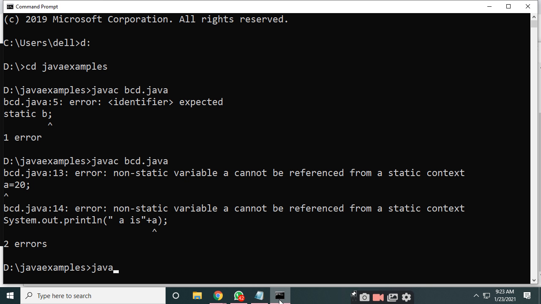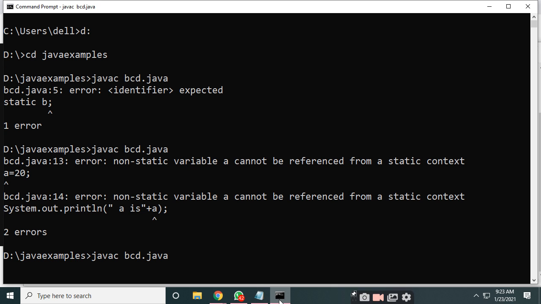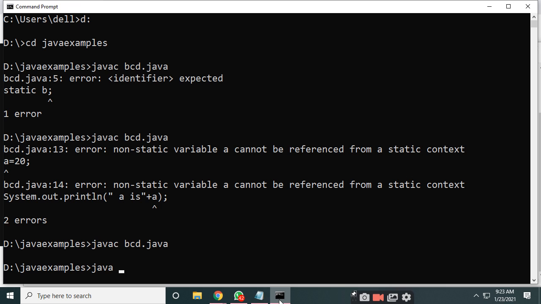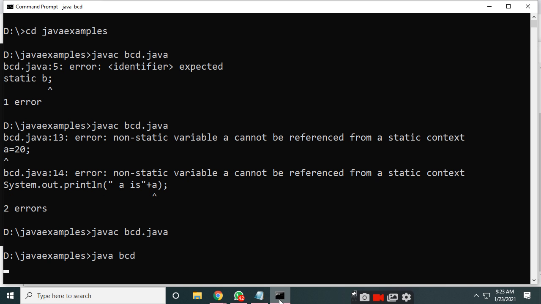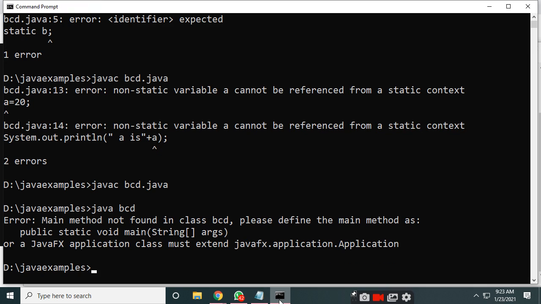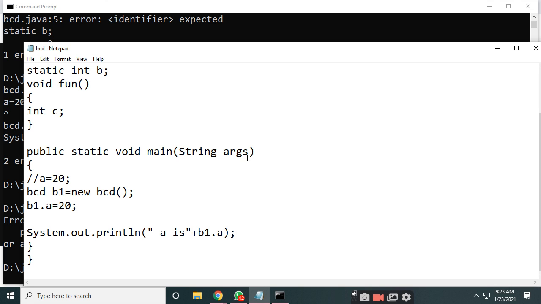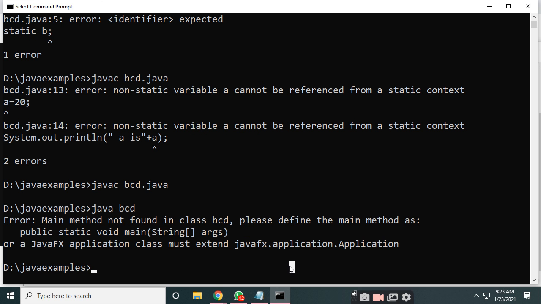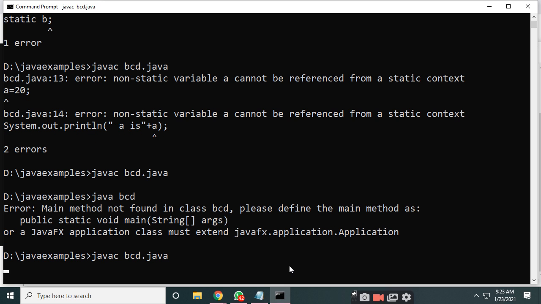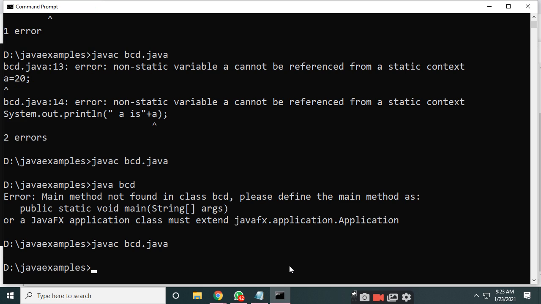So we will do the compilation. We have not defined the string argument class, therefore it has given that error.